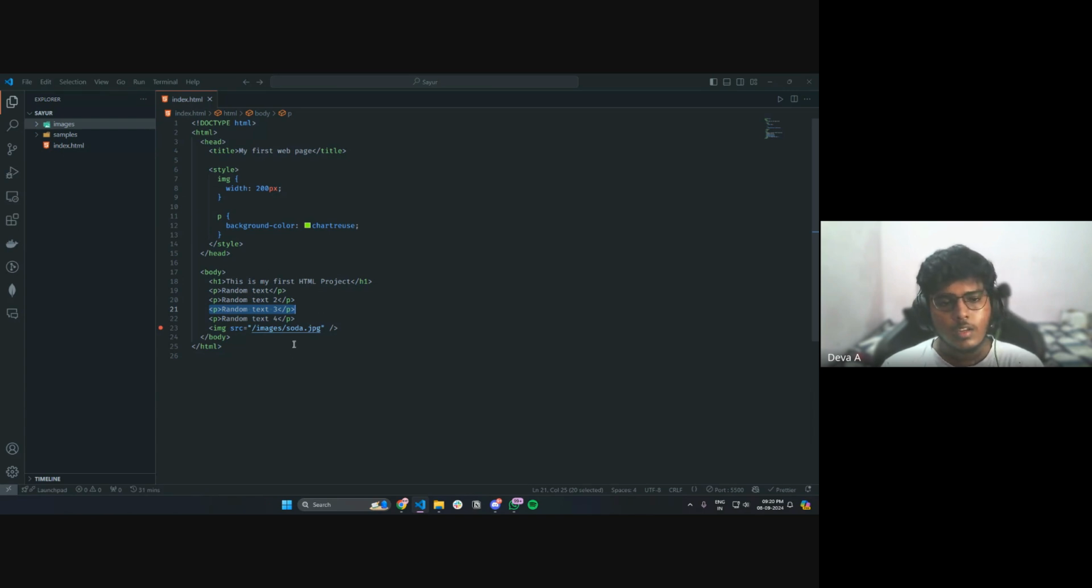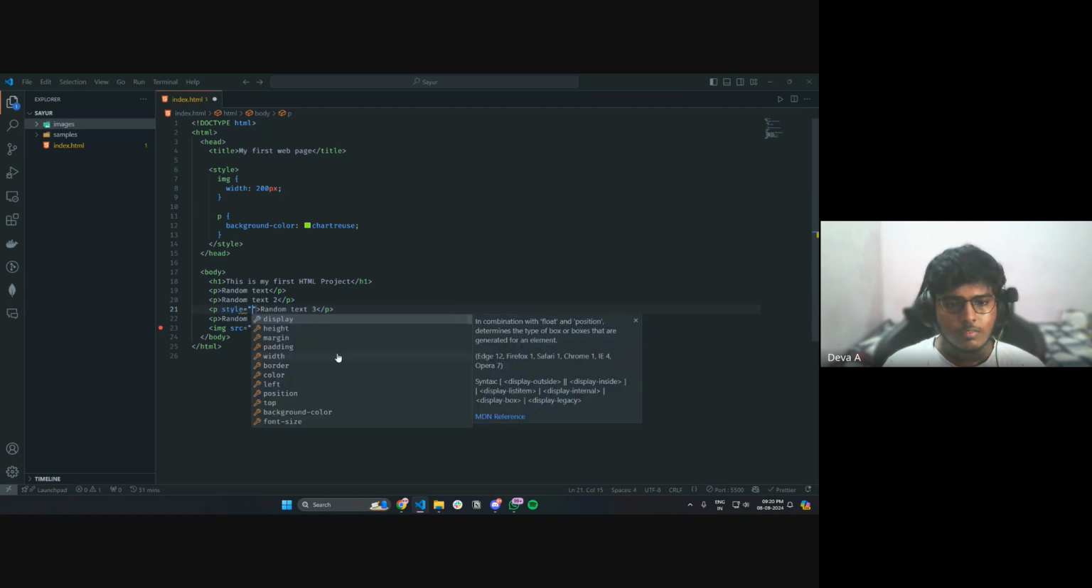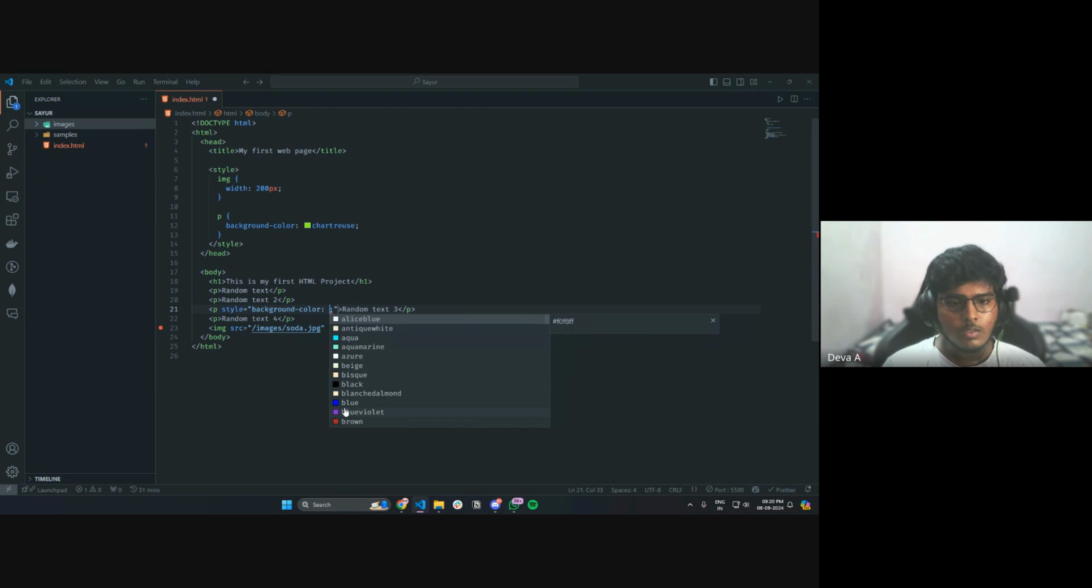So in that scenario there are a couple of things you can do. One thing is you can give the inline styling. Inline styling is you will write custom styling here itself, like this. Like this, you will give background color and you will give some brown. If you save it,